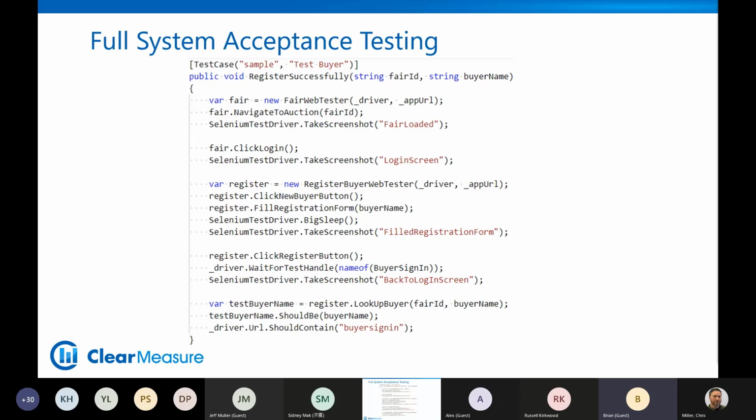And so if you see, down about two thirds of the way down, driver.wait for test handle with a name of buyer sign in. You can make a method that waits for the presence of an element that you give a particular attribute or name specifically as a handle for the test.